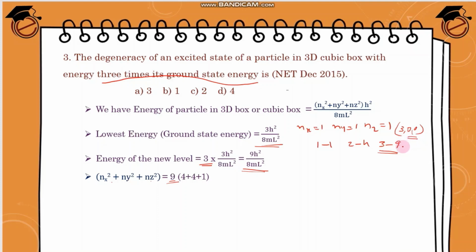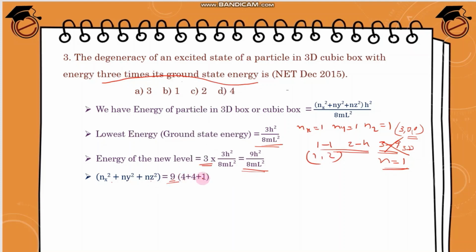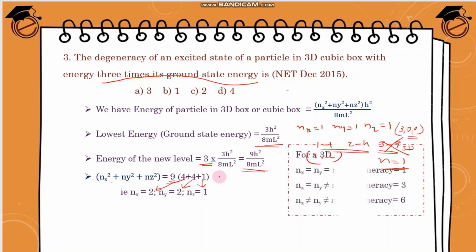No. Why? For a 3D box, the minimum value of n is 1. So we can cut this value. We have to consider only 1 and 2. Here you can see 2 square 4, 4 plus 4 plus 1, that is 9. Corresponding to 4, nx equal to 2, corresponding to 4, ny will be 2, corresponding to 1, nz will be 1. And we have for a 3D box,